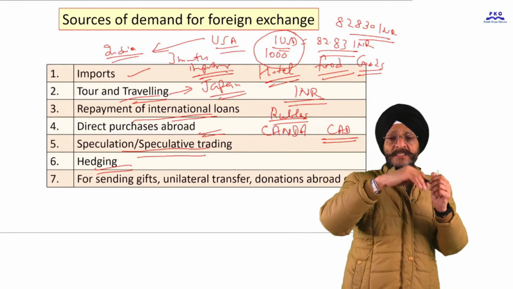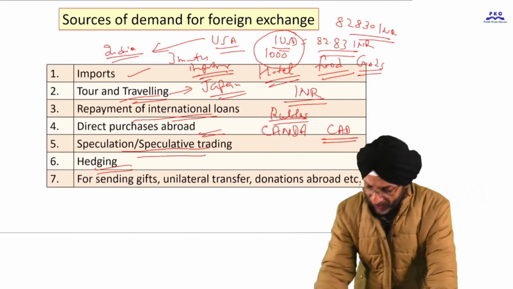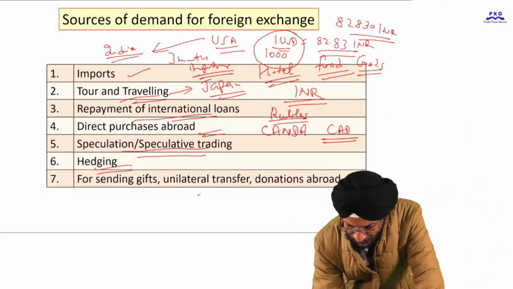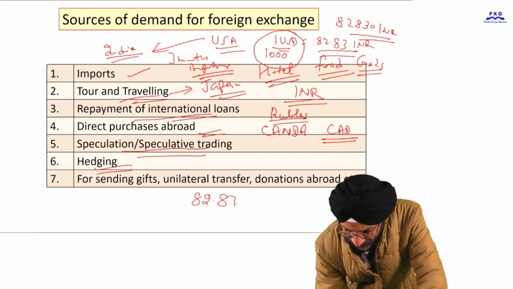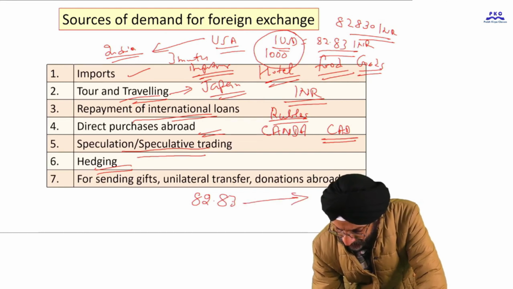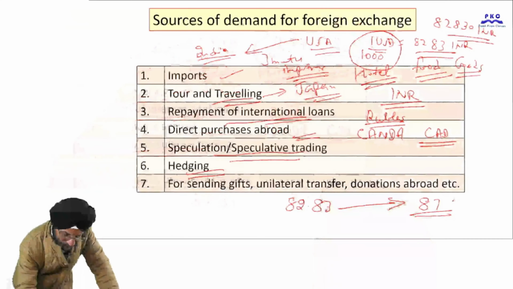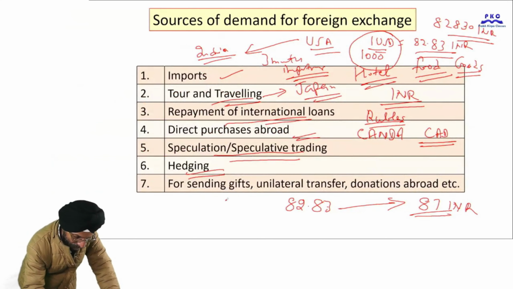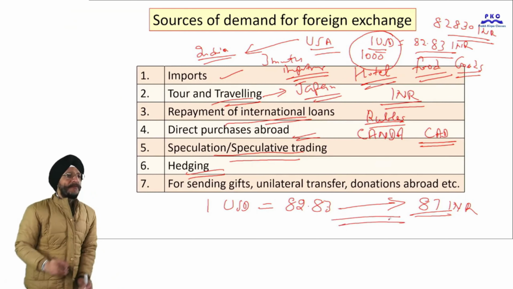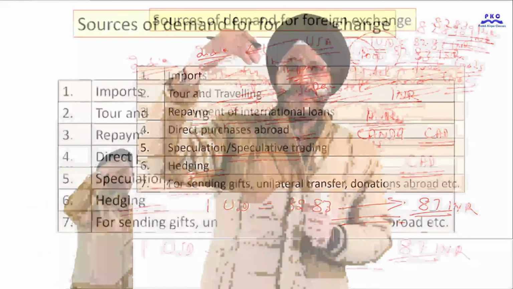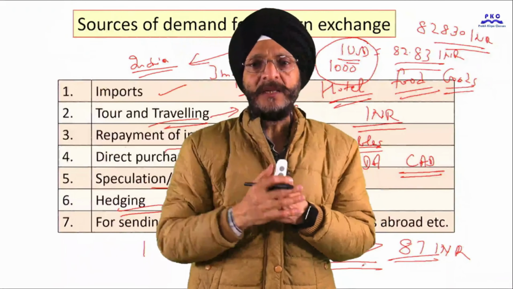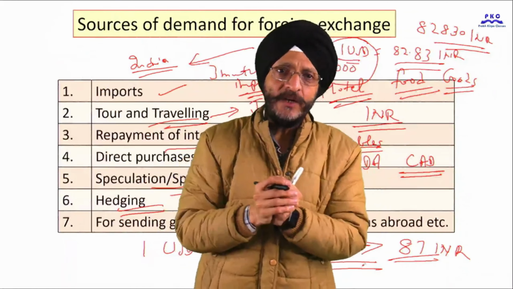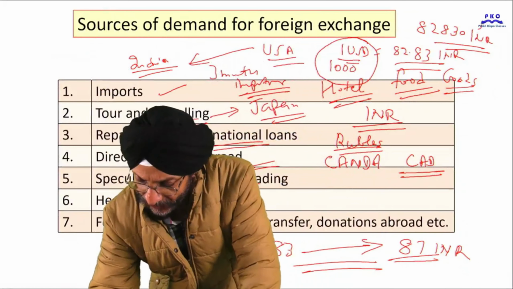But the businessman in India thinks that the price of the US dollar, which is at present 82.83, may increase to 87 Indian rupees. So if he has to make payment after 3 months, if he purchases now,